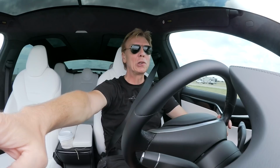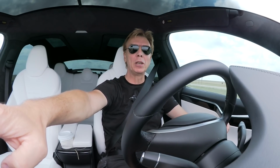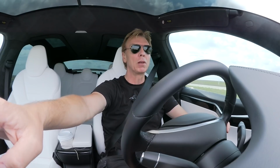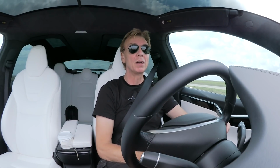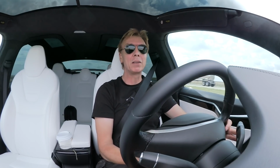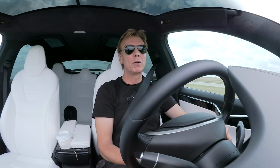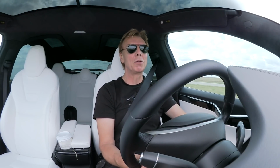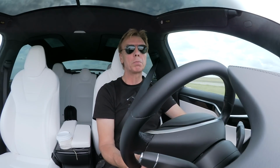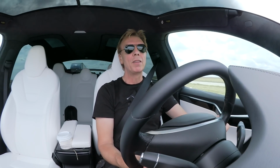So I need to tell you now why we are stopping anyway in Tucumcari, because I was on autopilot with a pretty good speed, and a semi-truck came in front of me with a long distance, and I still could pass the truck on the other side, in order to pass him and not wait that long behind the truck while he is passing his other truck. So I accelerated, but I did not take the autopilot off. So I accelerated more, and then it says, oh, keep your hands on your steering wheel. And what then happens is autopilot turns completely off. Cruise control still works, but autopilot turns off. And it is for the rest of the trip that autopilot is now turned off,